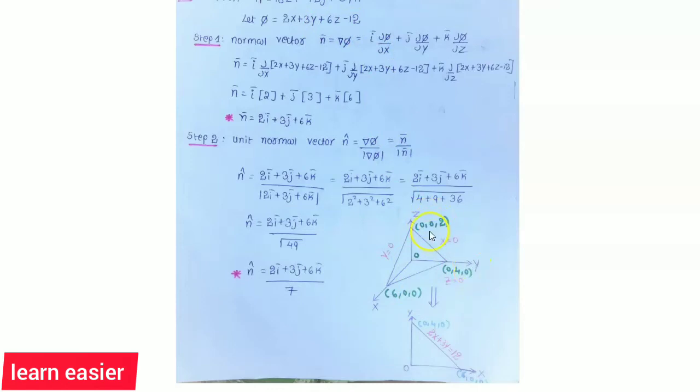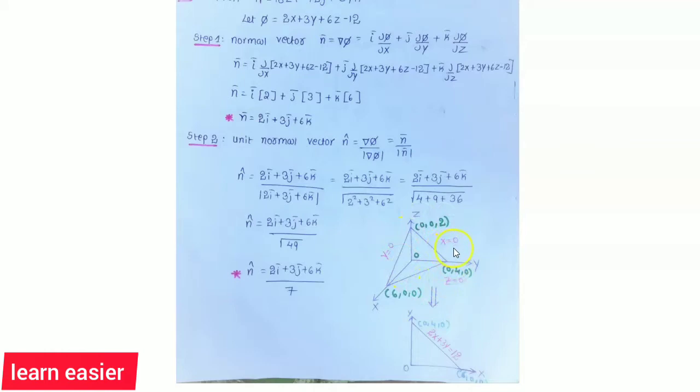And in the same way you have to substitute x equal to 0 and y equal to 0. Then you can get z, which is 2. So here you get 6z equal to 12, that is, z equal to 12 by 6, which is 2. And here you have to substitute y equal to 0 and z equal to 0. You can get the x value as 6, because here 2x equals 12 after substituting y equal to 0 and z equal to 0. So you get x equal to 12 by 2, which is 6. So in this way you can get these points.